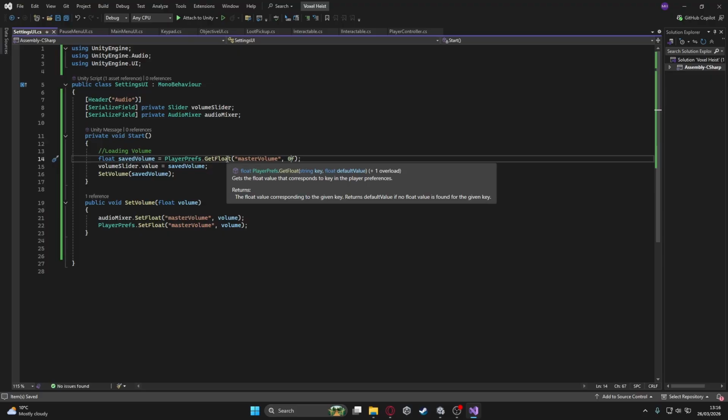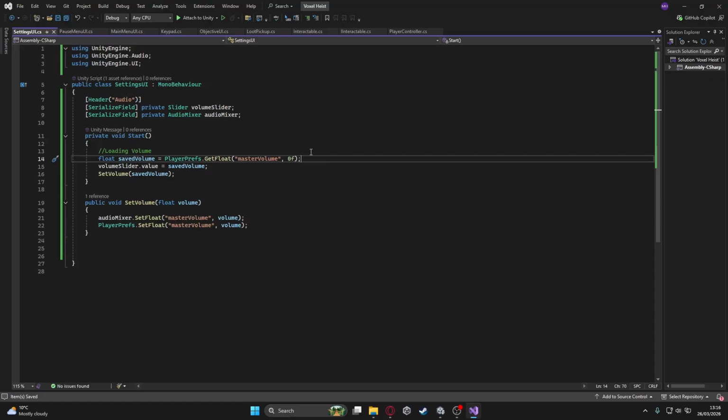Yes. The float value corresponding to the given key returns default value if no float value is found for the given key. Excellent. So default is 0. We then set the volume slider to visualize what we have set it to, and then actually set the volume, which is great because I believe